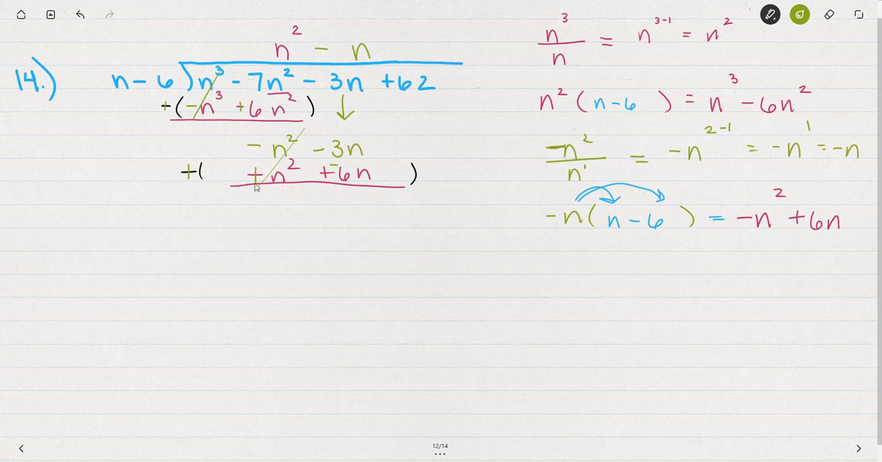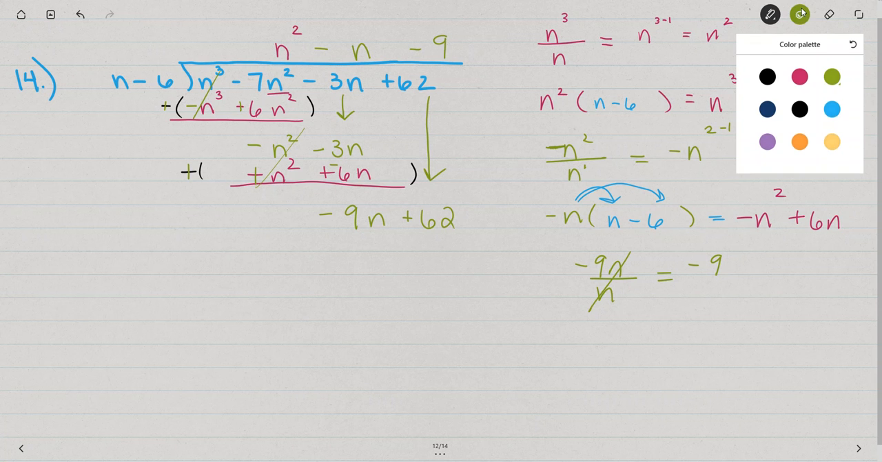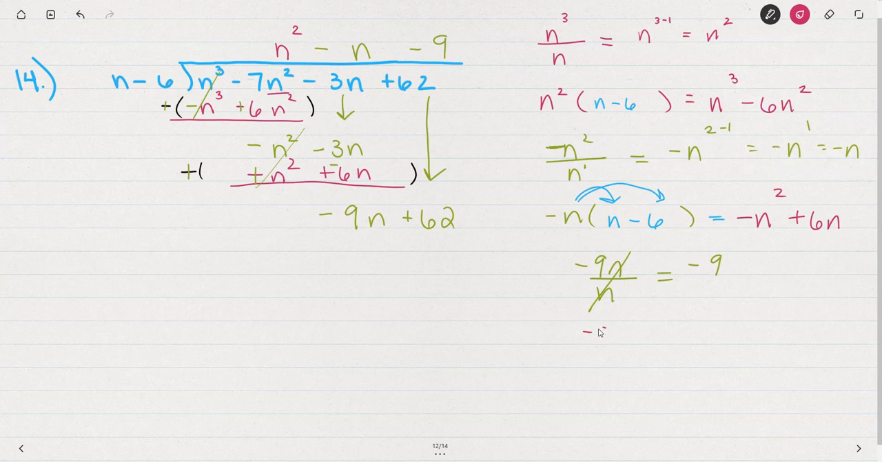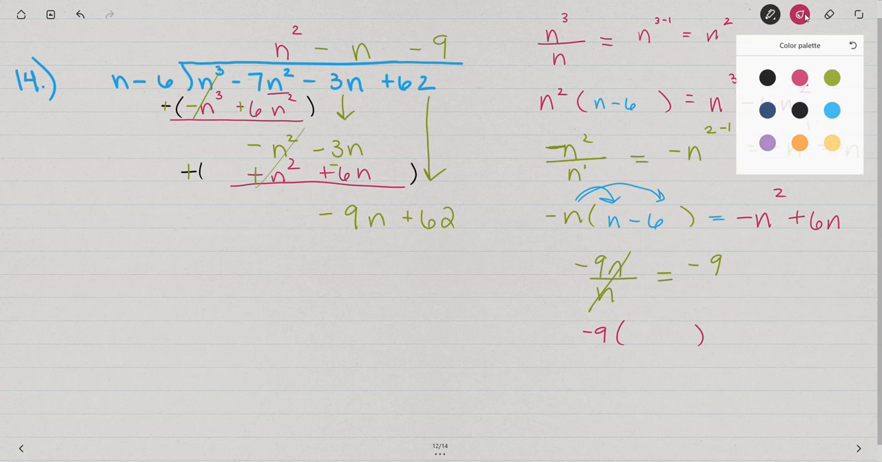Negative n squared plus n squared cancels, that's 0. Negative 3n plus negative 6n is negative 9n, and bring down the 62. One more time. Now I have negative 9n divided by n, so the n's divide out and we have a negative 9. And now it's time to multiply. So negative 9 times n minus 6,